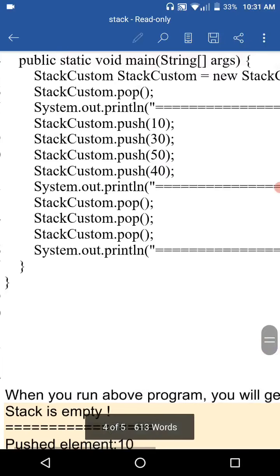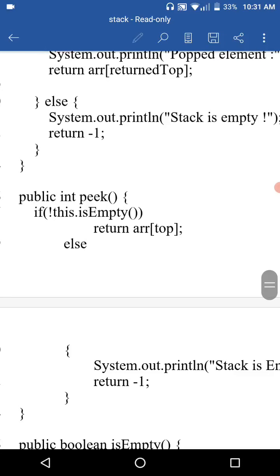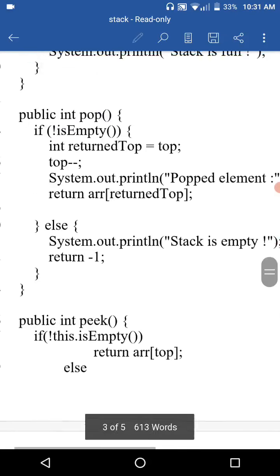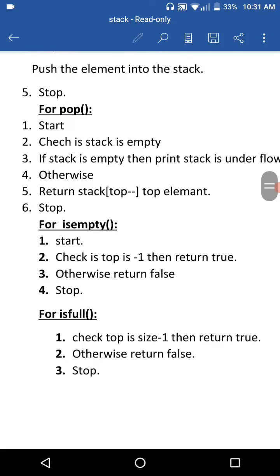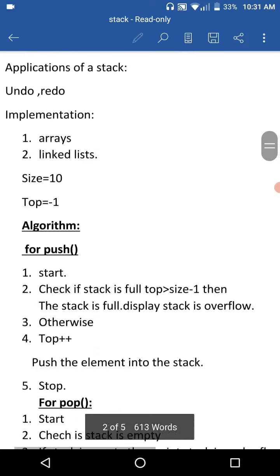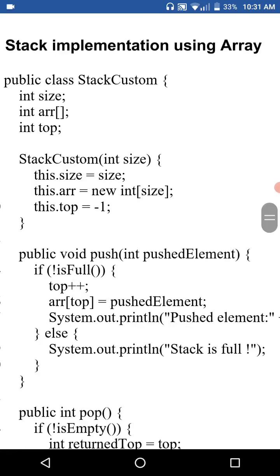You can execute these functions and it is easy to understand, because the program is not difficult to develop. If you want to insert, we have to check whether it is full; if you want to remove, check whether any element exists or not, that is empty. Peek returns the element at the top; if nothing is inside the stack, we cannot remove. So these are the basic operations in the stack. We can learn the different algorithms, the basic structure, and the program developed using the stack with arrays in Java.